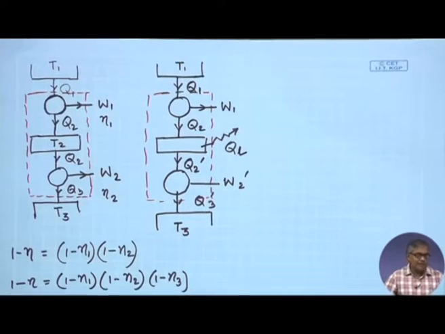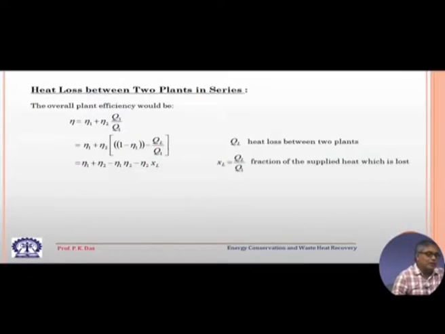So, in this case the efficiency will be different, and if we go to this slide, the PPT, I have shown the efficiency of this situation, where there is heat loss between 2 plants in series. So, you see it will depend upon how much heat loss is there, and obviously, the efficiency will be less